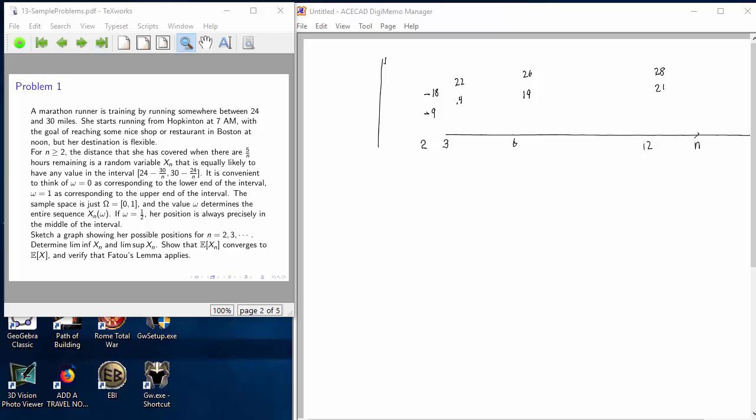And in the first scenario, we're going to pick a random variable, omega, in between 0 and 1. So our sample space is just 0 and 1. And let's suppose we pick something that's around omega equals 1/2. Then she goes from there to there to there to there. So this is case 1. In case 1,